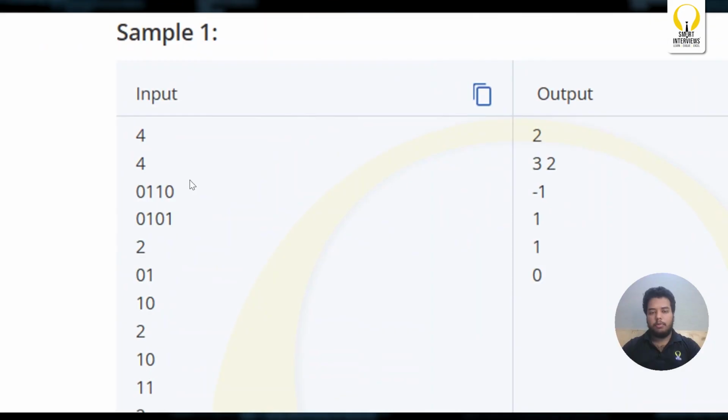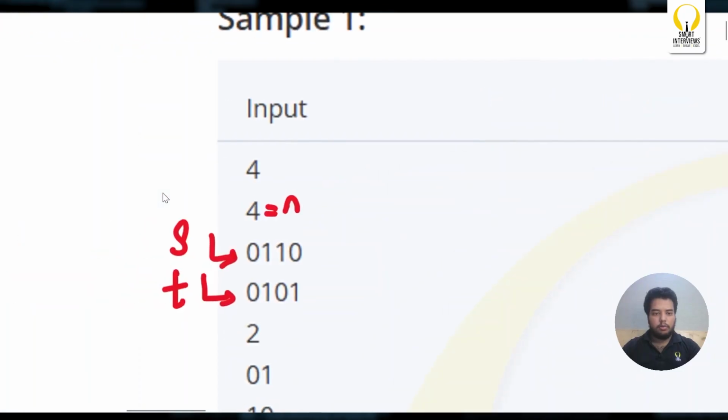In this problem, if you observe the first test case, both are of length 4, so this is n. Then you have two strings one by one, S and T. In this, you can start by converting 1 to 0 here. Since this is my ith position, since it is equal to 1,